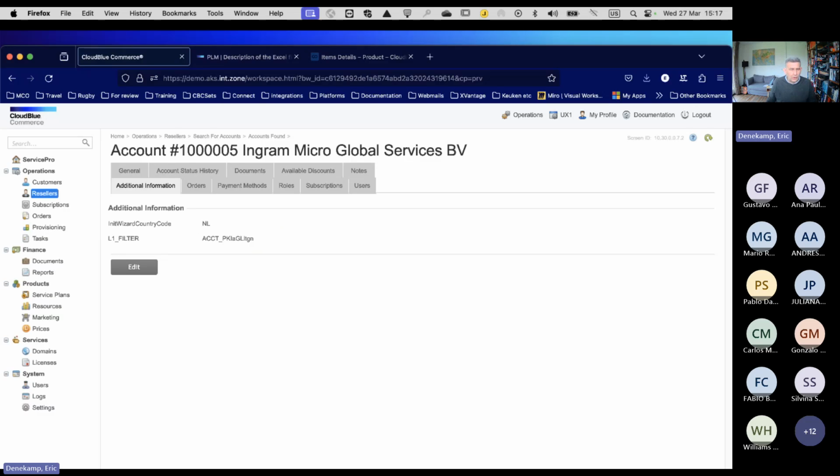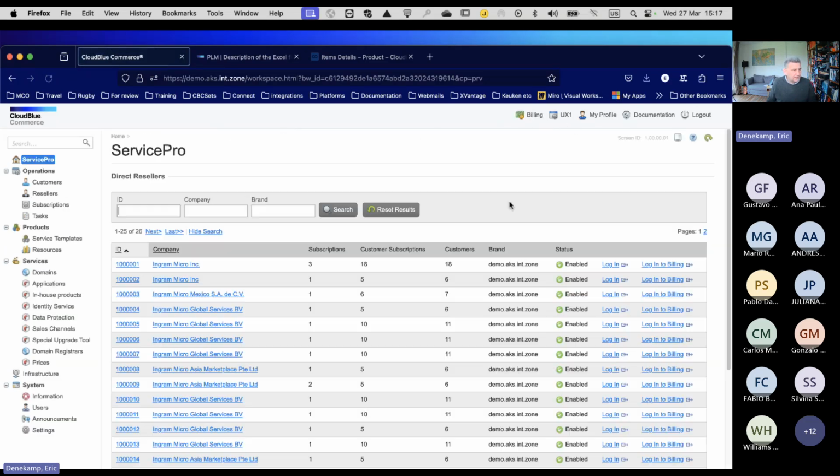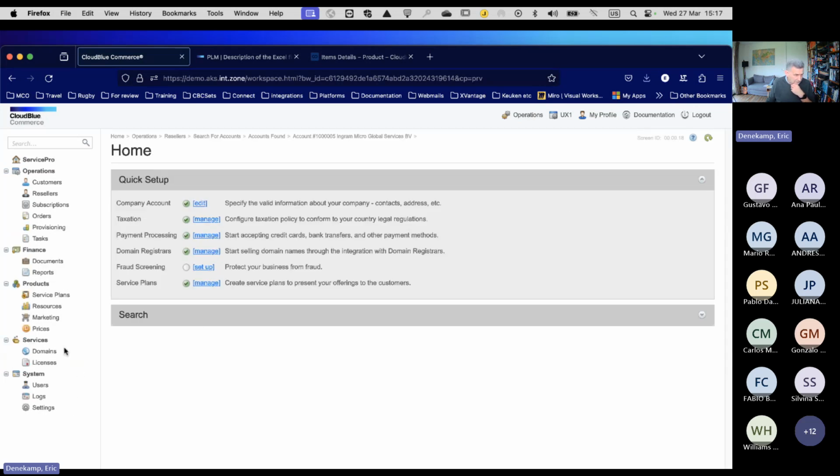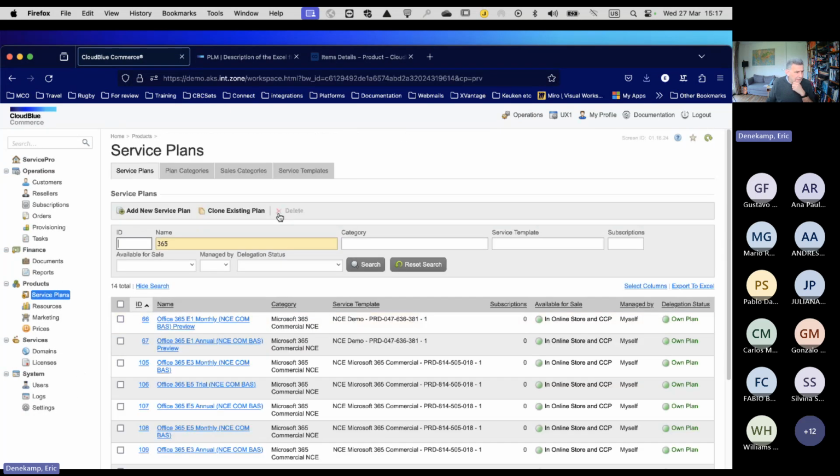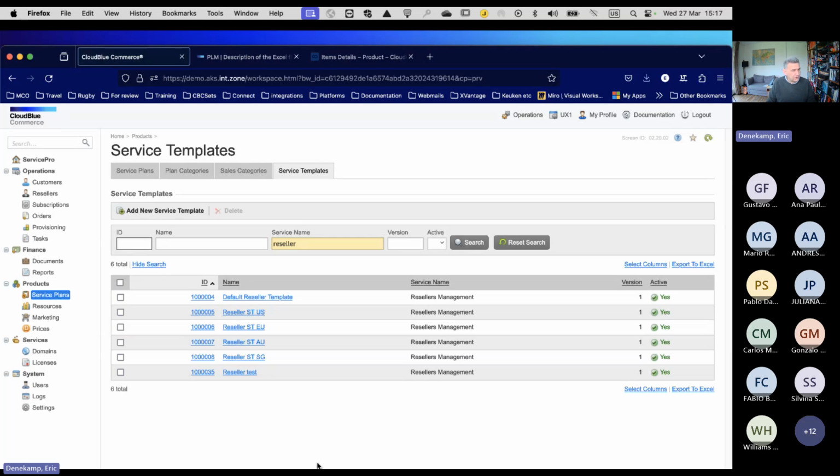In operations, you cannot find that. So this is a classic panel thing where we do this in billing. You can find it out by going to the service templates tab in this one and searching for service name reseller or reseller management. Those are all the reseller templates that are available.